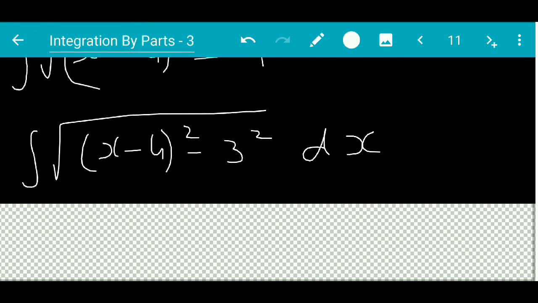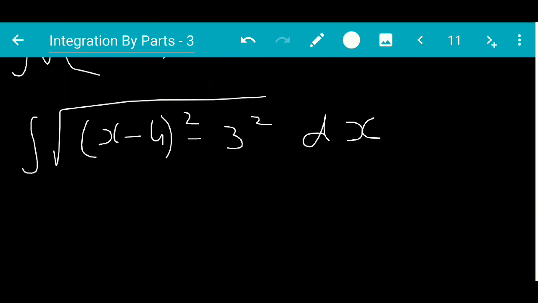Then this is like the second formula which we learned just now, namely x square minus a square dx. Remember, when the minus sign is there, the order becomes very important. If it was a square minus x square, it would have been a different formula. However, this here is x square minus a square. So the answer for that, instead of x, there is x minus 4.